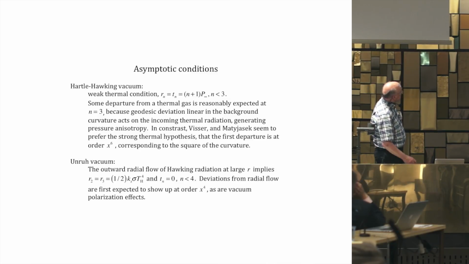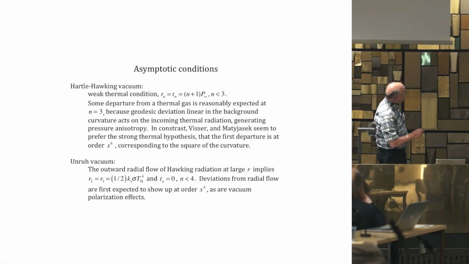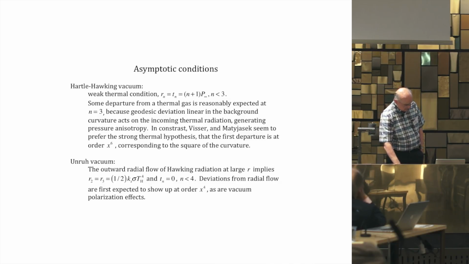Okay. Now, depending on the assumption, on the state we assume, there are asymptotic conditions. As I said, for the Hawking radiation, it's that the pressure be isotropic for at least the first few orders in expansion powers of 2M over r. And now where we expect the possible deviation in this is at n equal 3, because geodesic deviation due to the structural curvature of the Schwarzschild background acting on